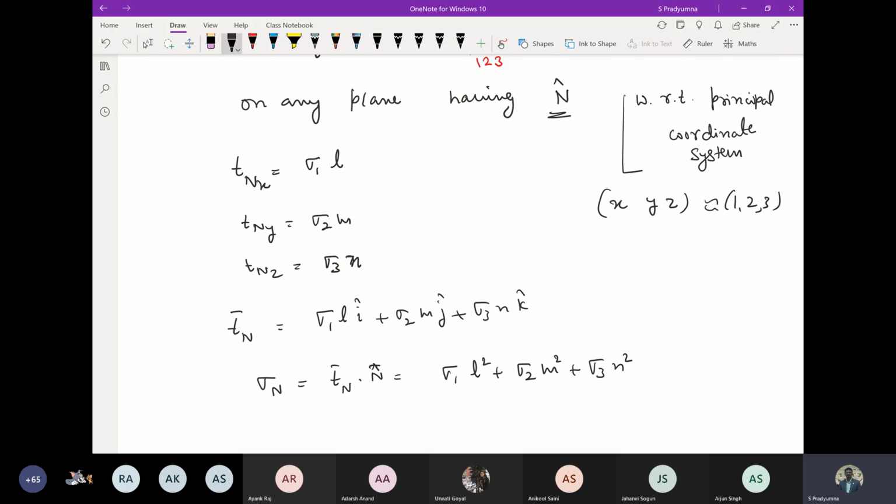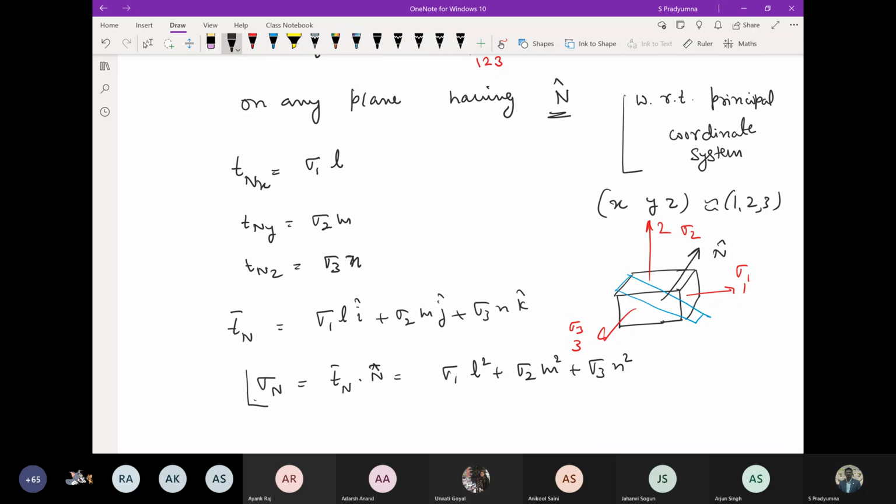Normal stress, that means let me put it in another way, because I think you are getting confused with respect to this. See, what I am considering is this is direction 1, this is direction 2, and this is direction 3. So I have sigma 1, I have sigma 2, and I have sigma 3 along these directions. What I'm considering is a plane. Okay, so that plane has got normal n. What is the normal stress on that plane? That plane, do you say that they are also shear stress free?